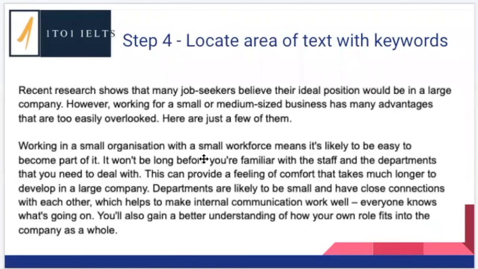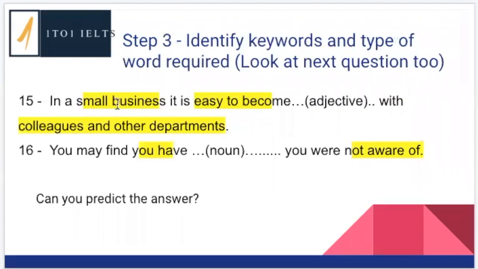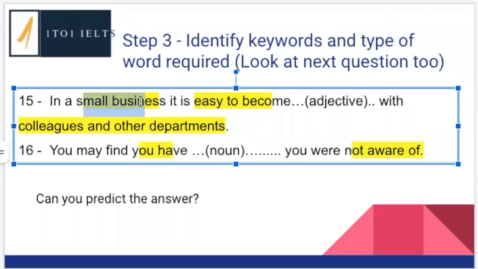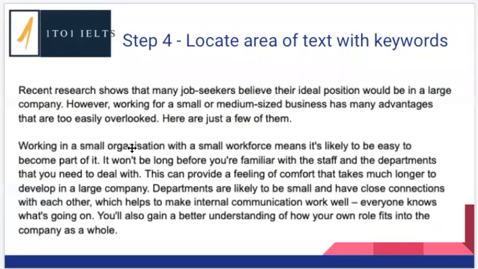A lot of people have told me that we're in our second paragraph and the second line. So we're going to go back and quickly check. Small business, easy to become. We want an adjective, colleagues and other departments. So small business, we see a small organization here. So this is making me think, this is around the area. It's easy to become. Oh, this indicates to me we're probably around the area, but it says easy to become